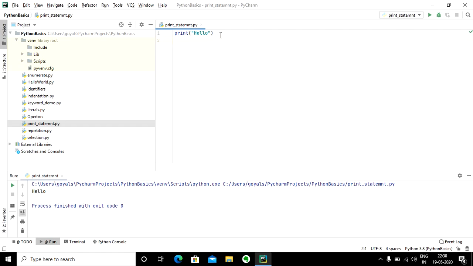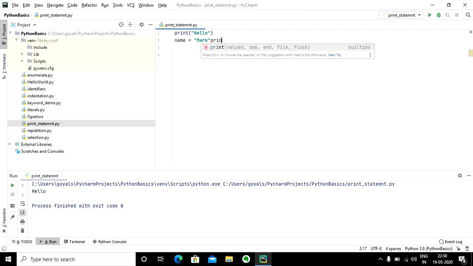Then in that case, let's say I take a variable called name and I specify a value called Mark. Now I want to print hello Mark.